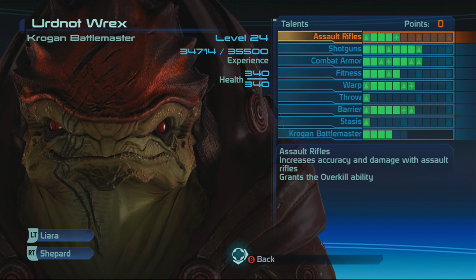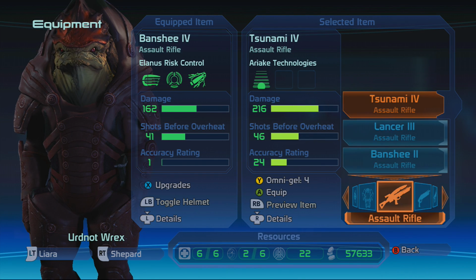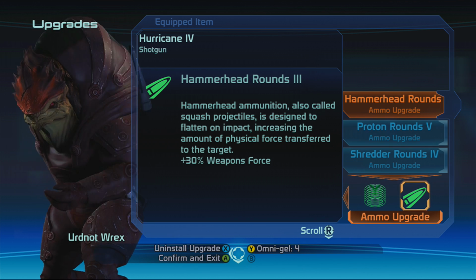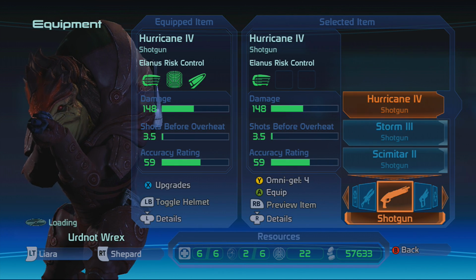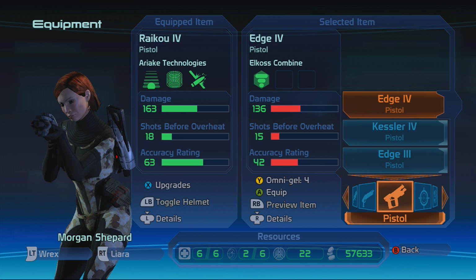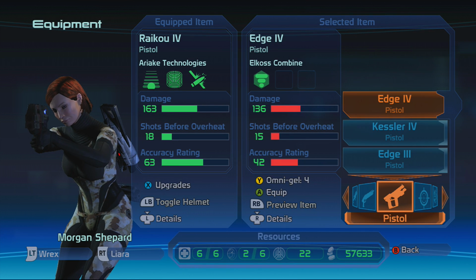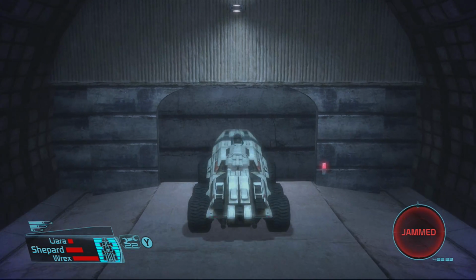using. I made it so that, let me just show you, the rounds that they're using are rounds that go against synthetics. Actually, I didn't do anything for Rex, but I'll show you with Shepherd. We have plus 25% damage to synthetics. So I'm gonna go ahead and